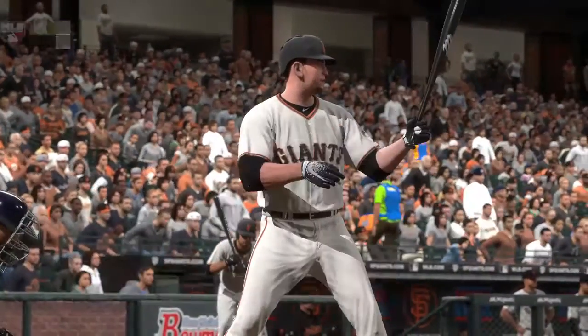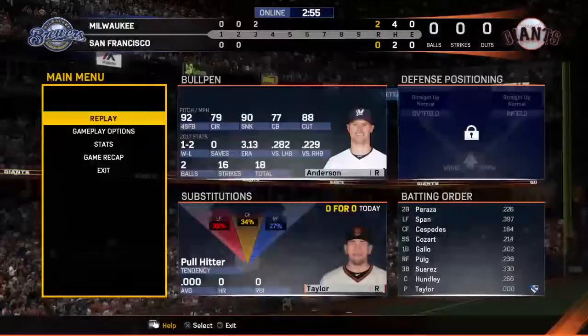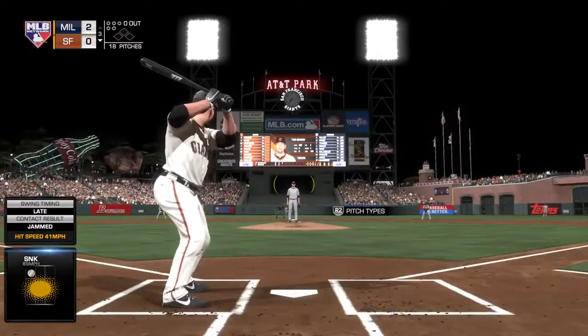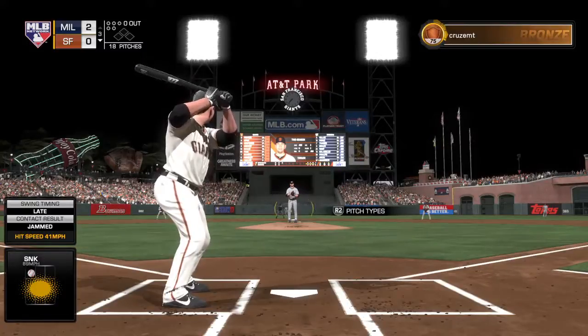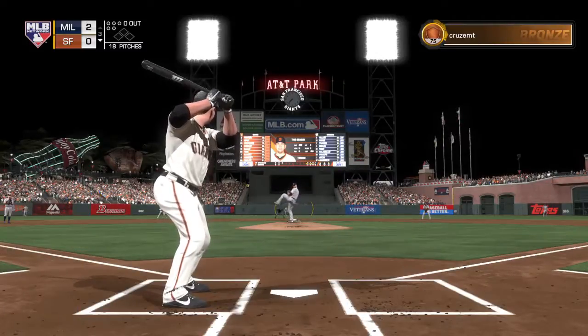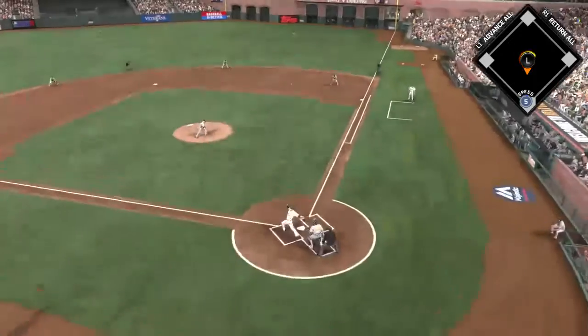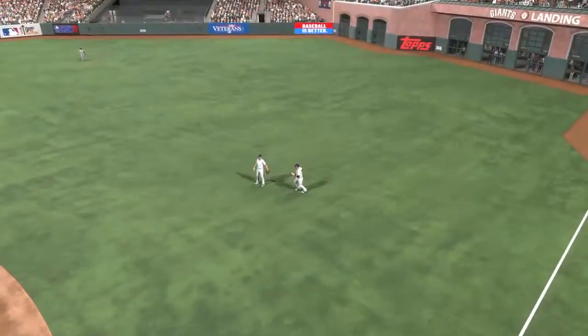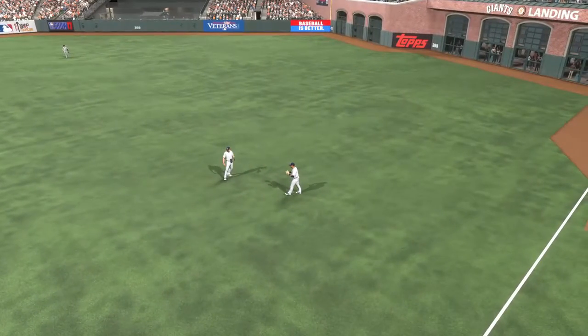Digging in now, Corey Taylor. He'll get us going in the home half of inning number 3. Corey Taylor. Into the windup and the pitch. That's softly hit to right. Will that get down? VR ranging into the outfield, and he hauls it in for the first out of the